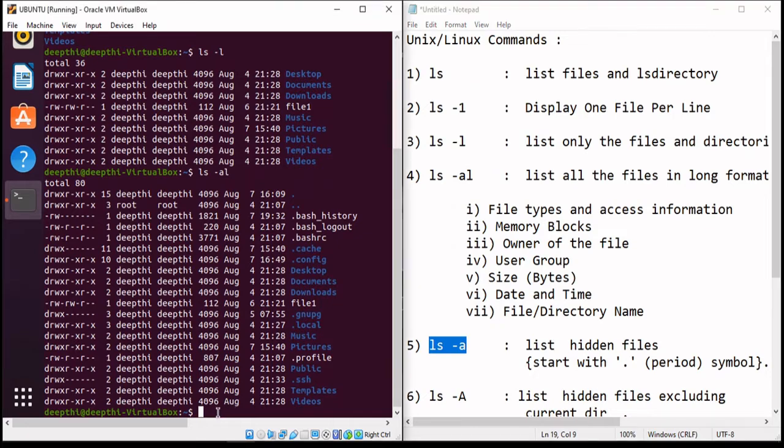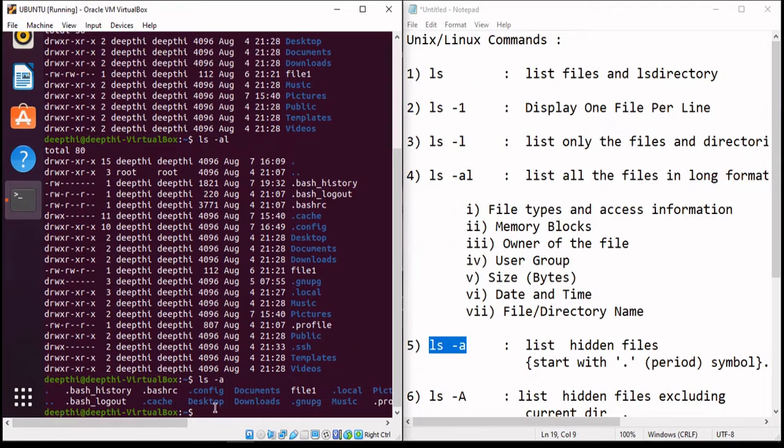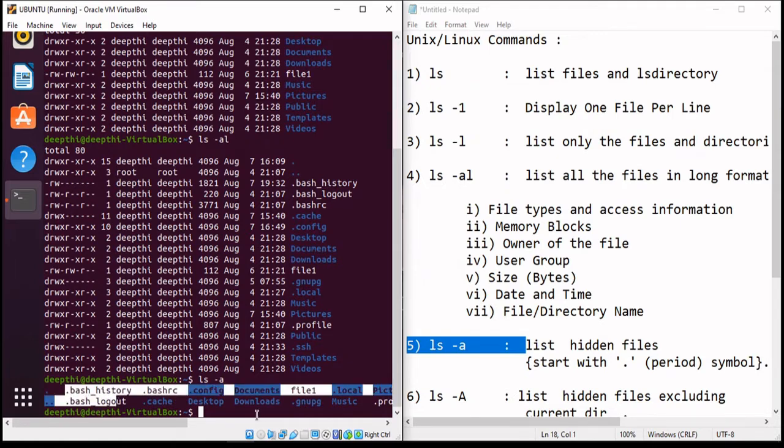What do you mean by that? Let's understand it. Now when you type this, what is happening here is, as we have discussed earlier, this a is giving me hidden files, and that means all the hidden files along with the files and directories. So here you can see that it will give you all the hidden files, and hidden files are represented by a dot. So this .config is a hidden directory, again with blue color. Then we have this .bashrc with white color, this is a hidden file, and these two are also hidden files.